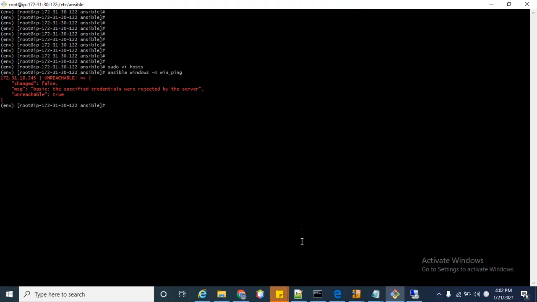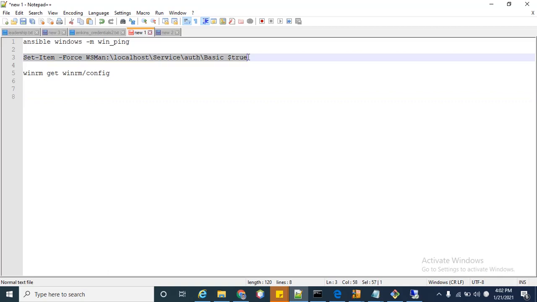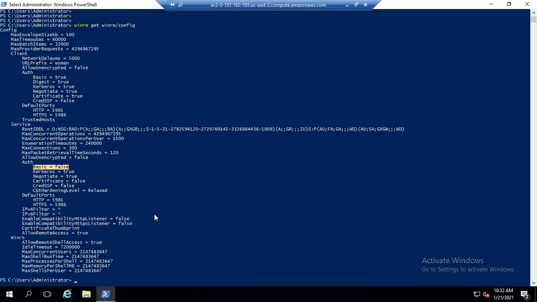So let me show you the command we have to run. I have copied this command in my notepad file, so we have to copy this command from here and paste it in PowerShell.